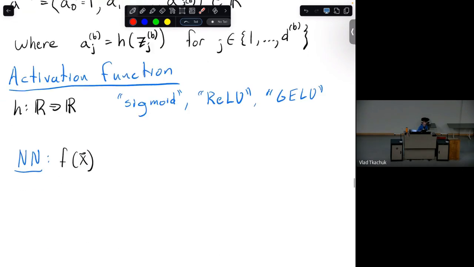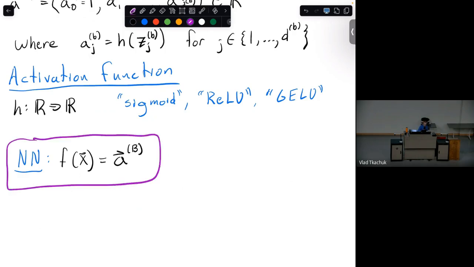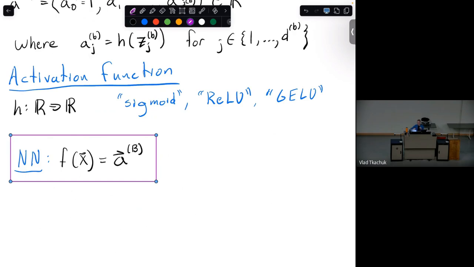And so what we will write is that the neural network just outputs the activation vector, right? So the neural network will output a vector of things. It can output a vector of, let's say, probabilities at the bth layer. So that's a neural network. So that's our definition. It's just a bunch of these things applied over and over and over again. And I'm going to define it in a matrix version, which makes it a lot more clear how these things are being chained together. And you'll also see why the activations are important from that definition.